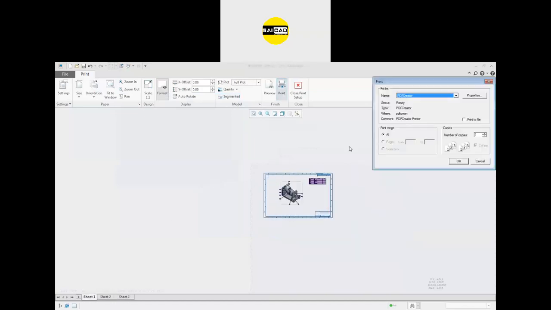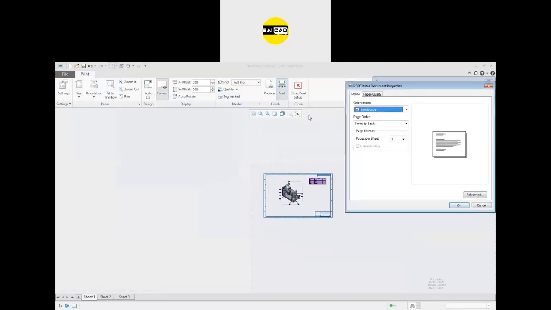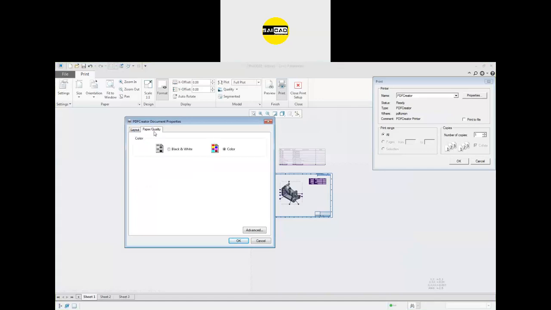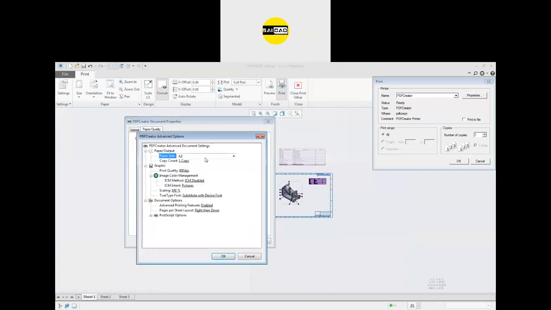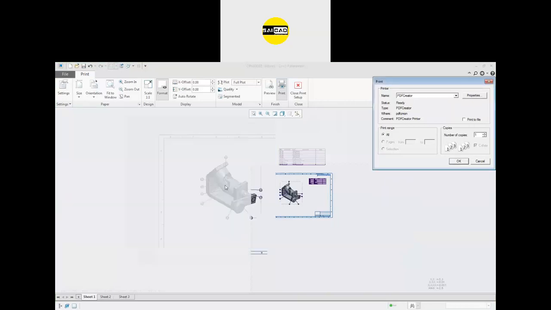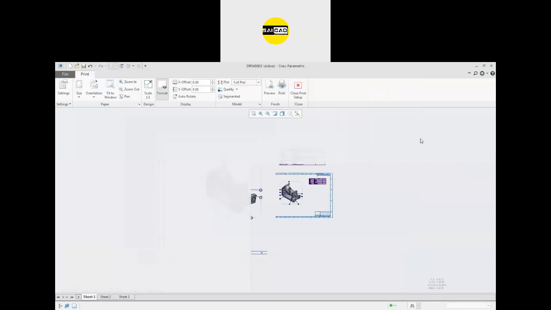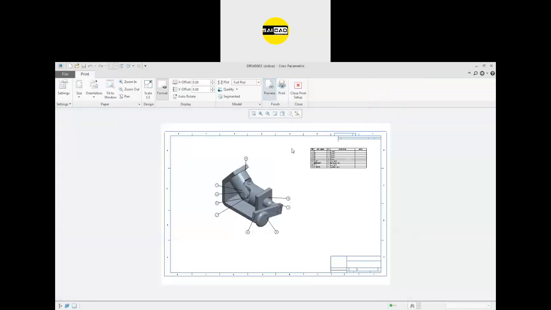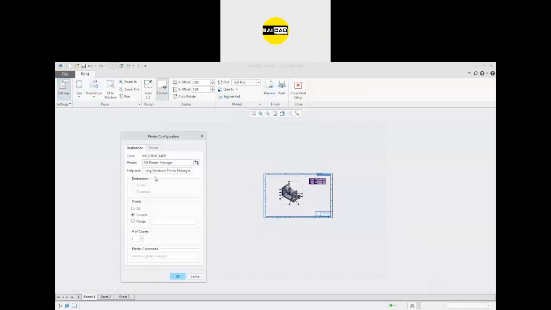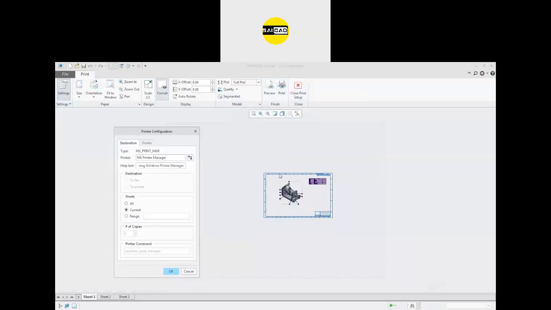Okay, so properties. This is the landscape selected, front to back. Keep the pages at one. This is a simple printer option, like you have a printer at home. If you select that printer and check the printing, so this is one. Okay, go to the setting. So you can see that if I just click on the print, you only get the one sheet.